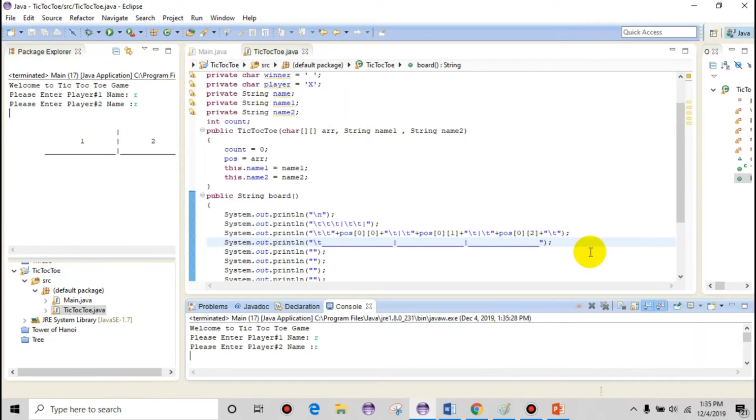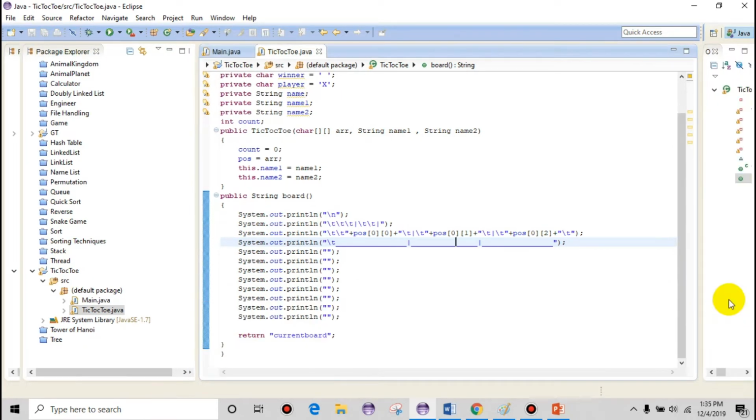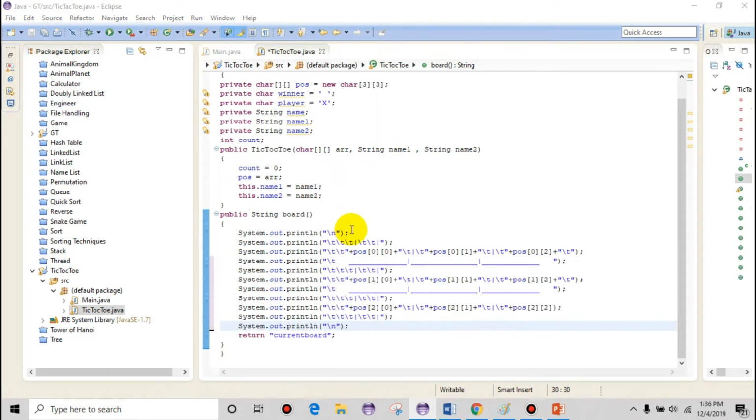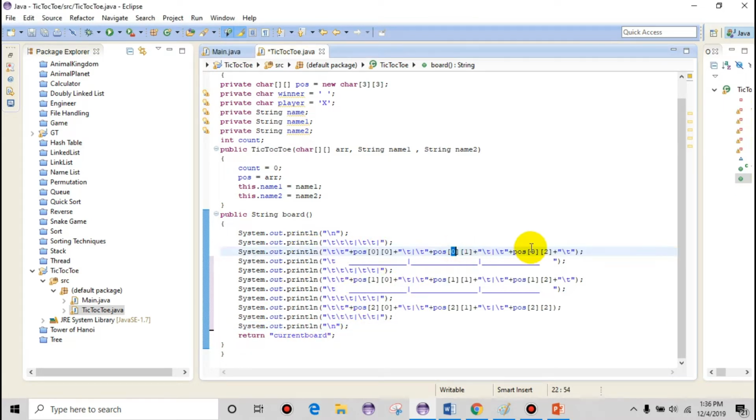So I will just repeat this pattern for the rest. Now you can see that I have written the whole pattern. This is my 0 0 position, this is 0 1, this is 0 2, 1 0, 1 1, 1 2, 2 0, 2 1, and 2 2. So if I play this,